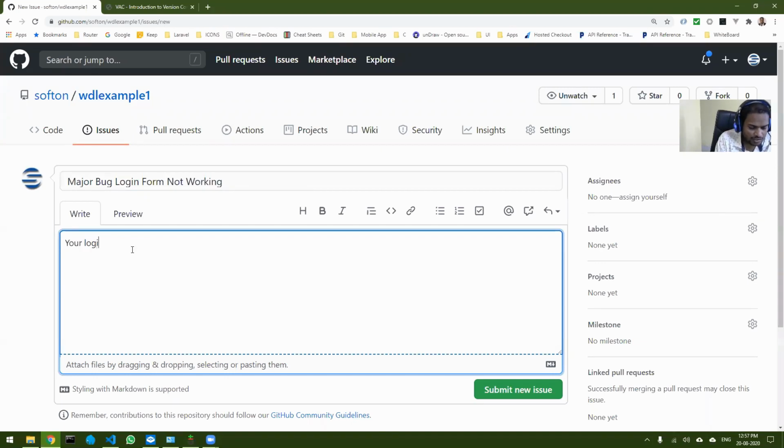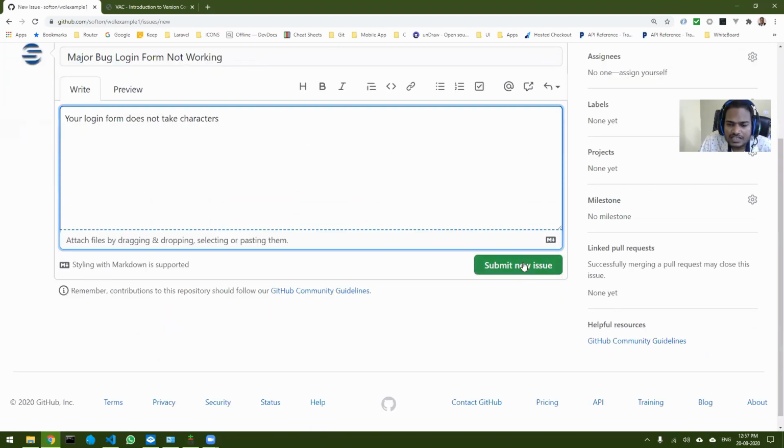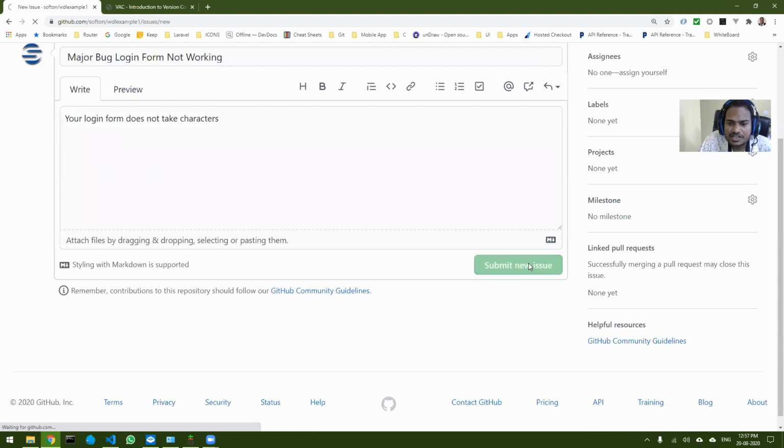Your login form does not take characters, anything. Any issue that you are facing, you can attach images also over here. Once that is done, you can submit the issue.